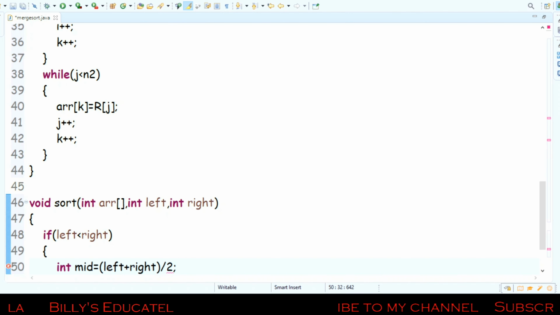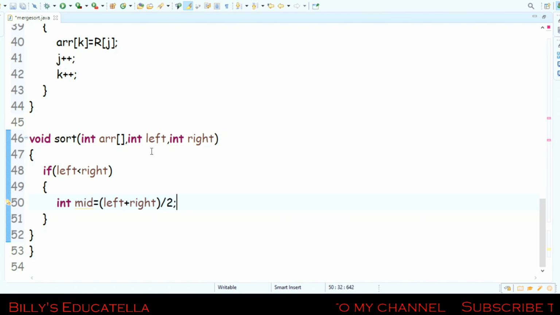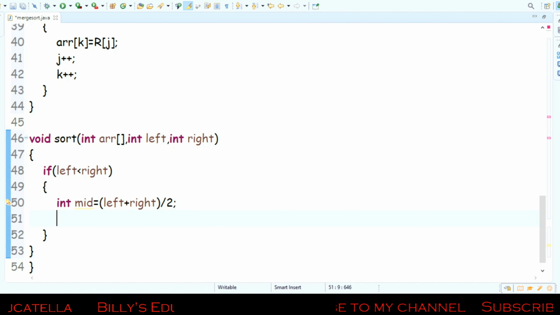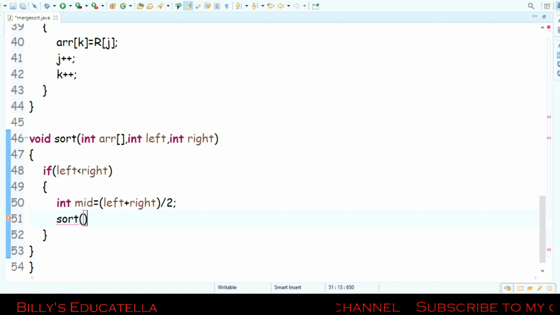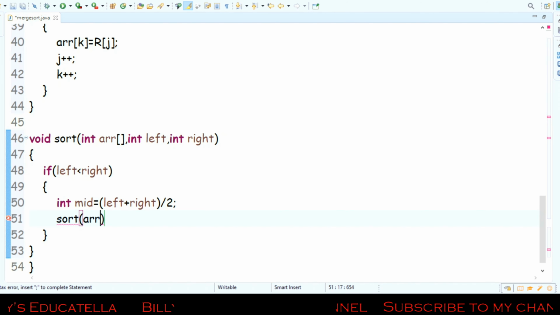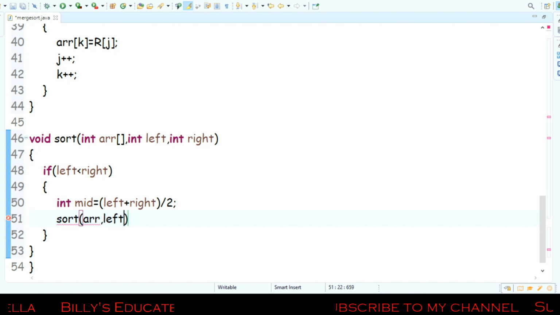So if the array is not empty, that means the array has more than one element, then we have to find the mid element. When we find the mid element, we can sort it very easily. So again I am calling sort with left and mid.